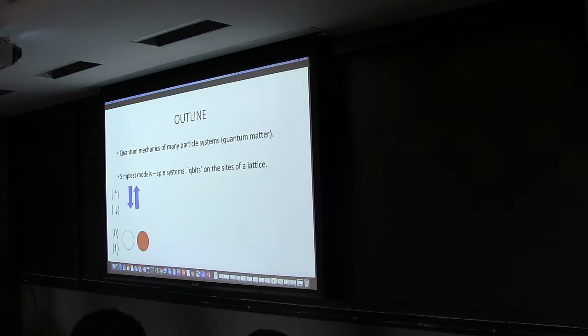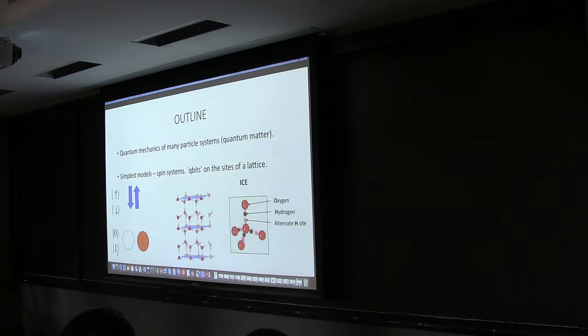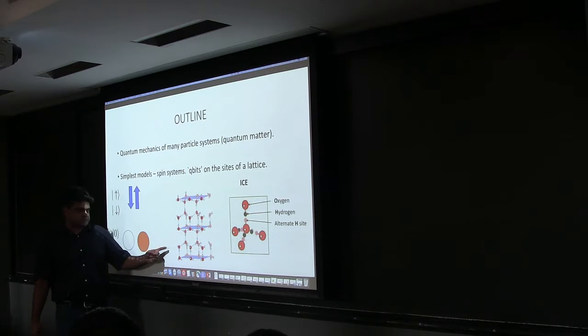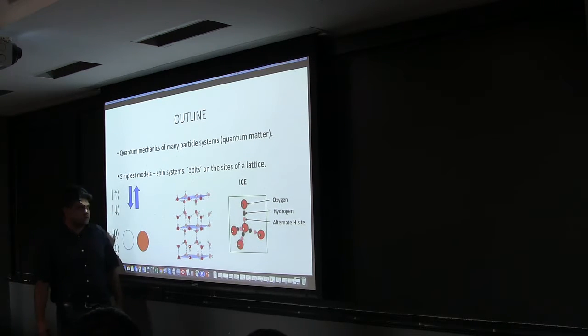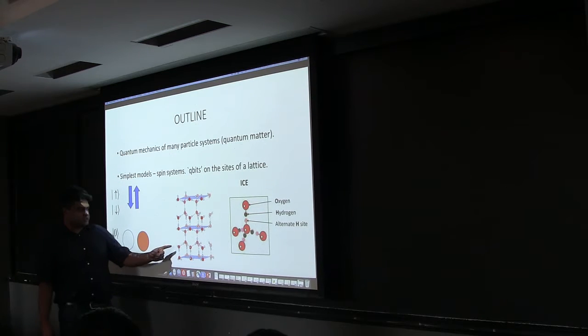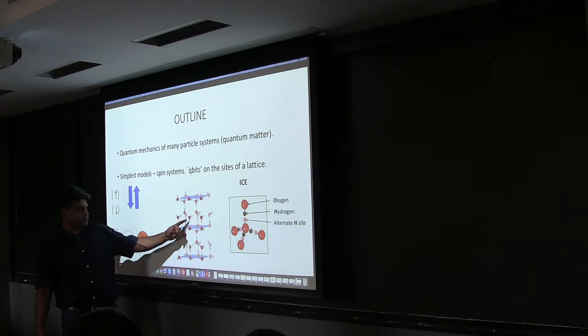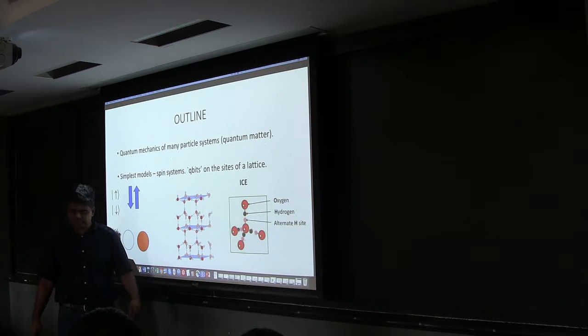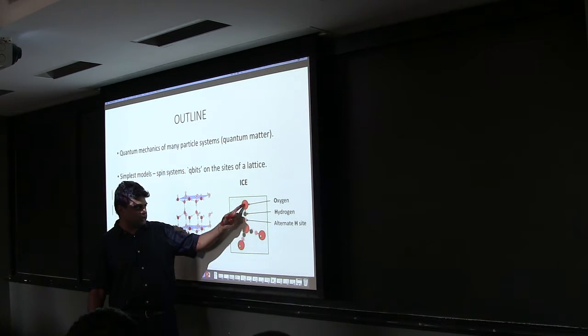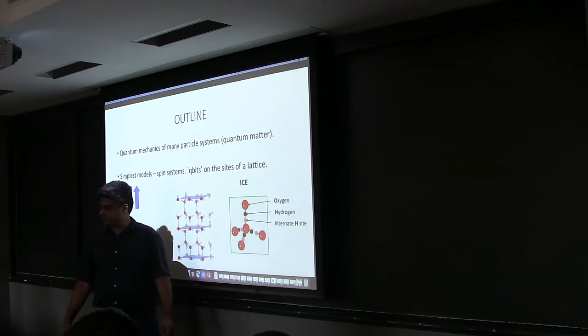and we're going to ask what happens when you put many of these things together with some interactions between them. Another kind of physical setting these qubits could refer to is different positions of an atom. Okay, so this is ice. It's a slightly different structure from the ice that you have at ambient pressure, but in this structure of ice, of course, there are these oxygen atoms, but you also have hydrogen, and it turns out that the hydrogen have to sit between the oxygen atoms, but there are two positions where they can sit.